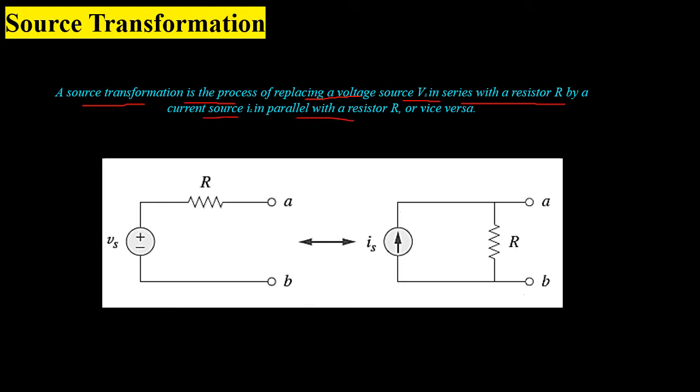As earlier said, for simplification purpose we were using either series parallel, through which we were transforming our complex circuit into a simple circuit, or using delta Y transformation so that our circuit was reduced into a simpler form. In the same way, we will use source transformation where it is applicable. If you look at the figure, we have a voltage source in series with resistor R, and during circuit analysis, wherever it is required, you can replace this voltage source in series with resistor R by a current source with a resistor in parallel to this.